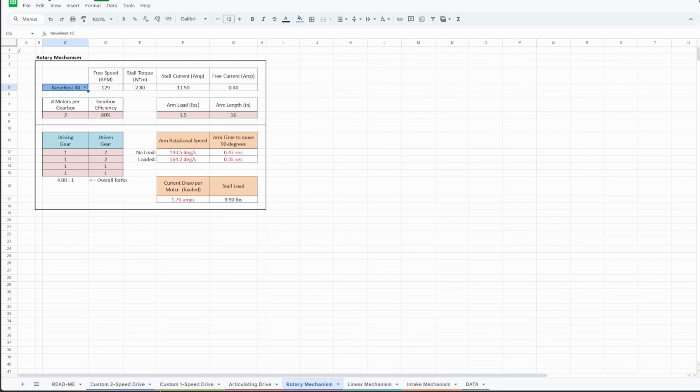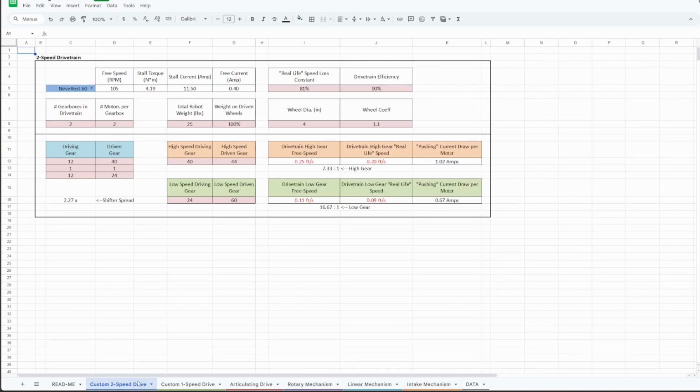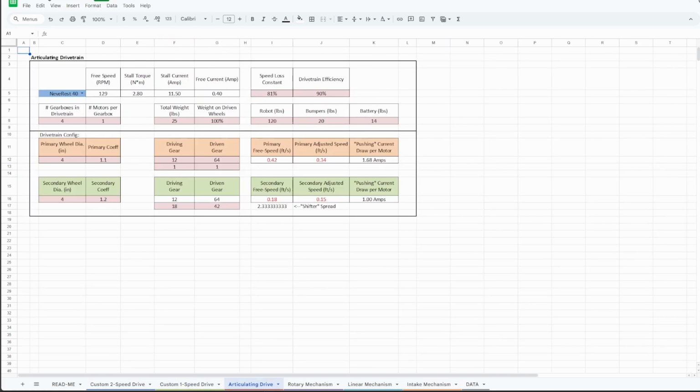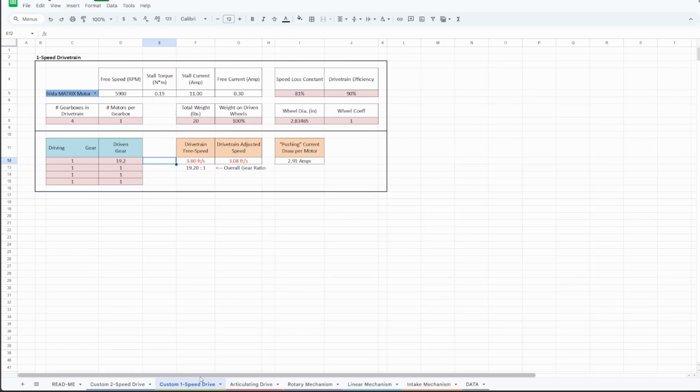And if you really wanted to, you could look at the custom 2-speed drive stuff. But again, we don't really use shifters. It's an FRC thing. So that's all I have for you on the topic of the design calculator. I highly recommend you use it in your designs so you don't end up stalling your motors, because a stalled motor is